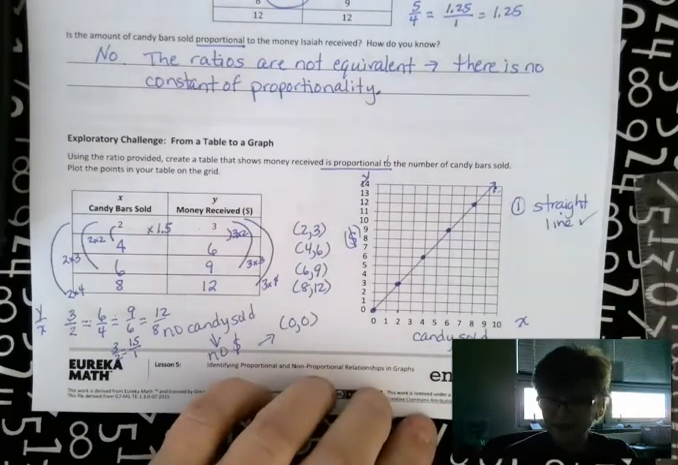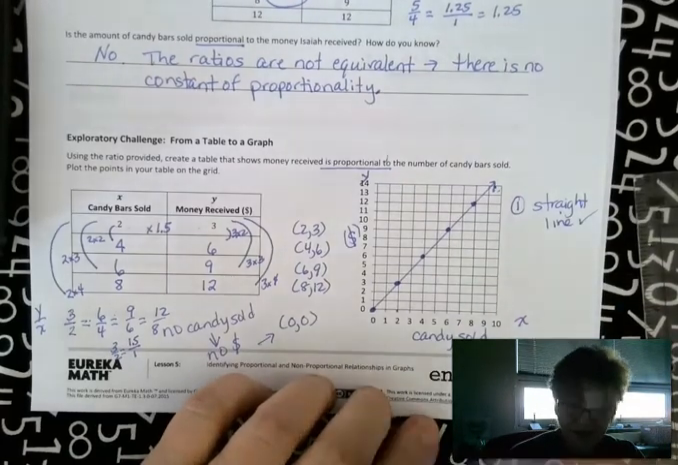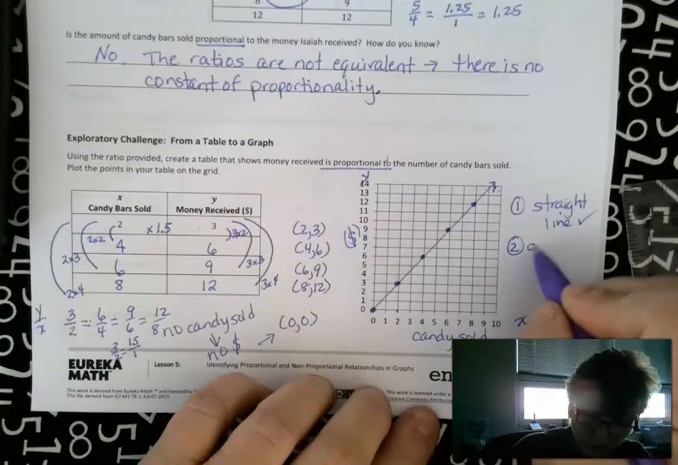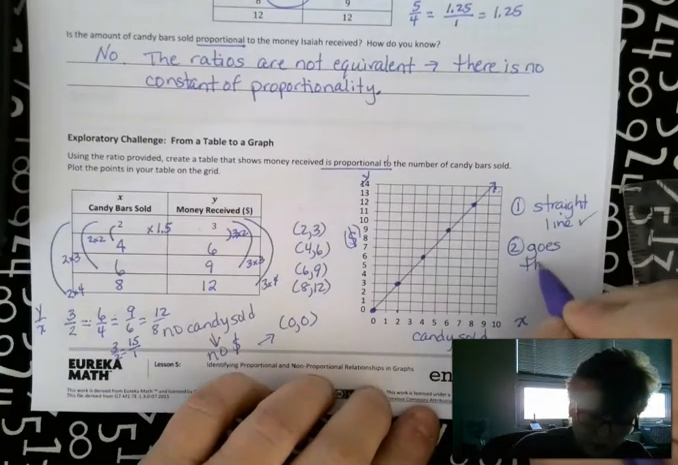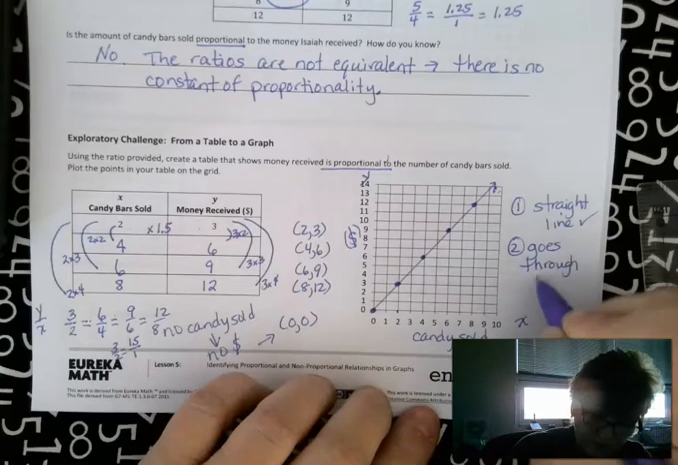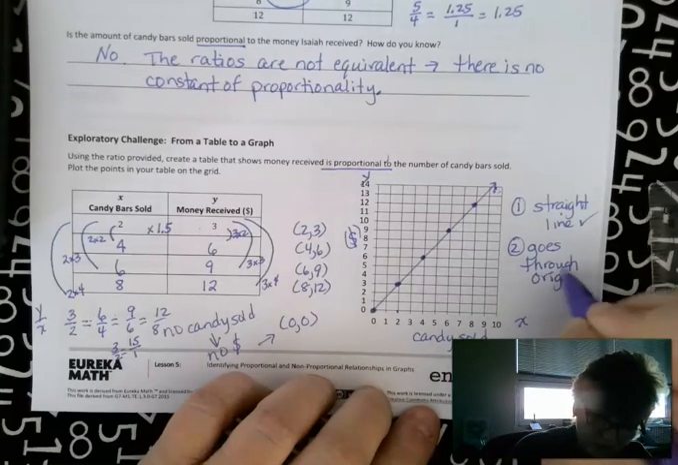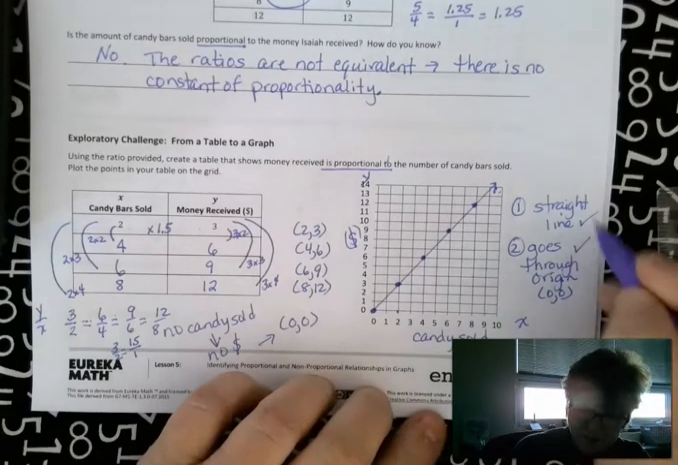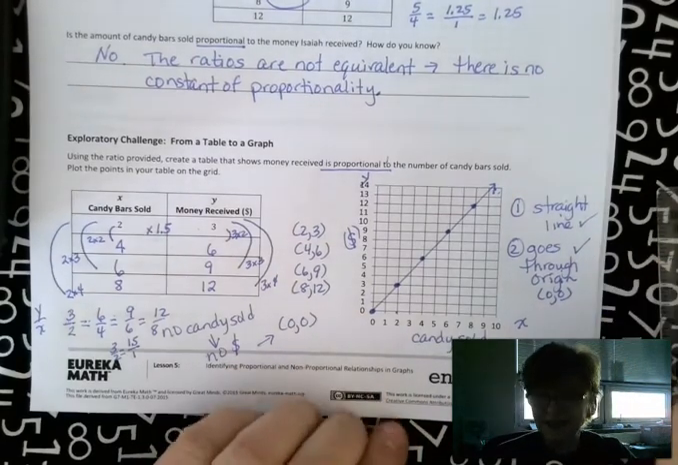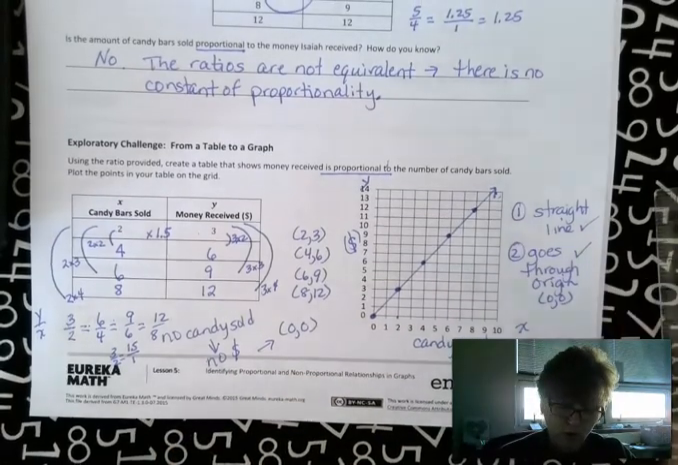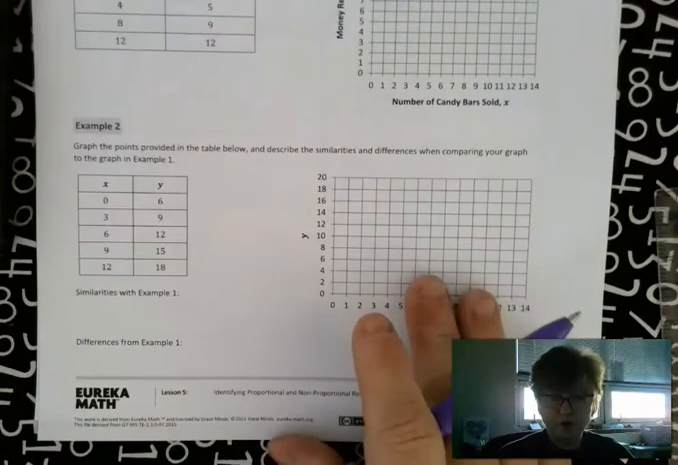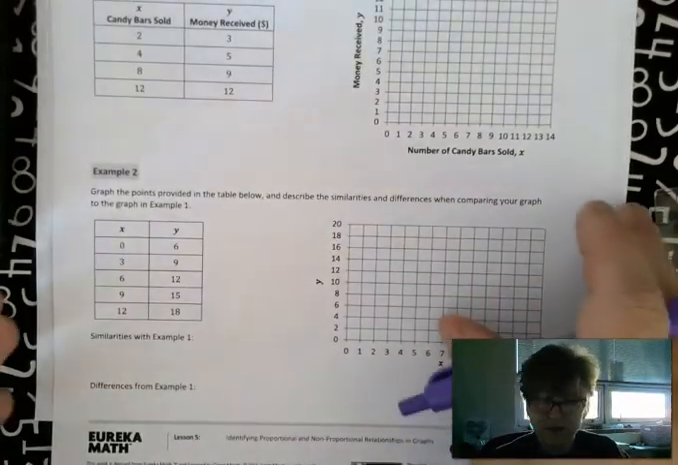So yes, it is. And the second, and we can't forget this piece, is that it goes through the origin. And the origin is 0, 0. So if it meets both of those characteristics, then it is a proportional relationship. So as you look on the second part, on your paper at the top, it has the characteristics,